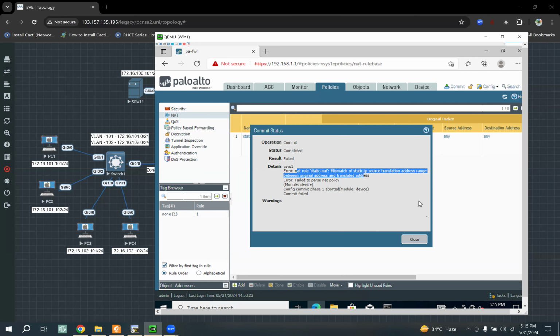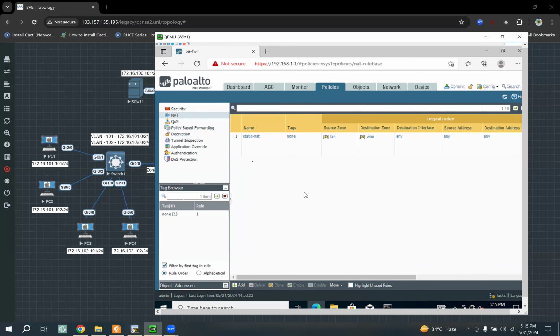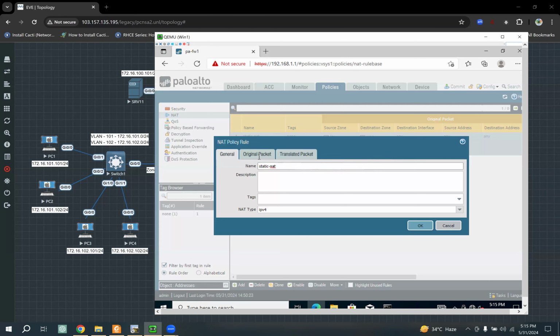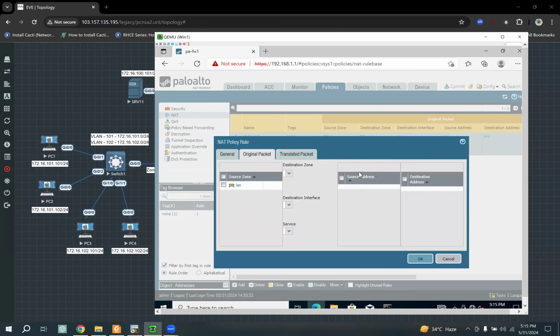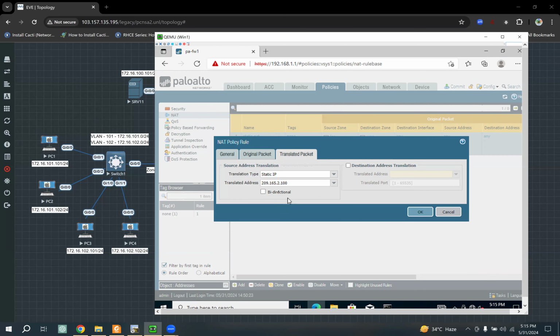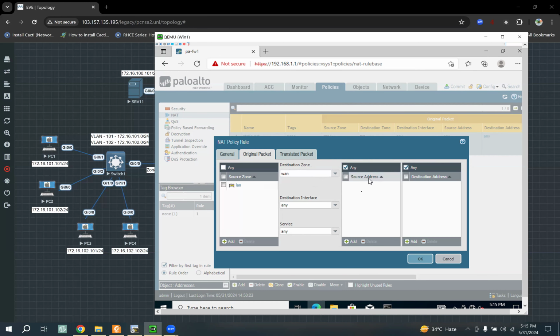Okay, this is the reason for the error. We did not specify the source address. The source address will be one because your translated address is a single one. So you have to specify the single IP address here,